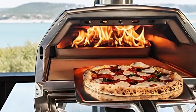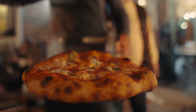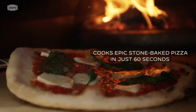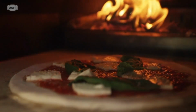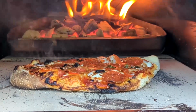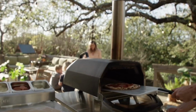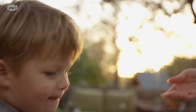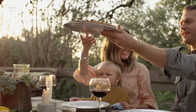lead you. One of the most impressive features of the Ooni Karu 16 is its ability to cook delicious pizzas in just 60 seconds. Yes, you heard that right, 60 seconds. The oven reaches temperatures of up to 500 degrees Celsius (932 degrees Fahrenheit) within 15 minutes, thanks to its innovative design and efficient insulation. The stone baking board ensures that your pizzas come out with a perfect crispy crust every time. Whether you're cooking for a small gathering or a large party, the Ooni Karu 16 delivers consistent and mouth-watering